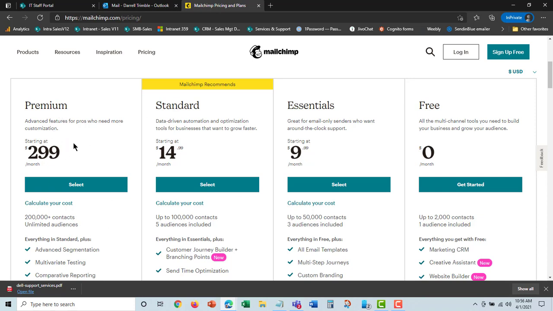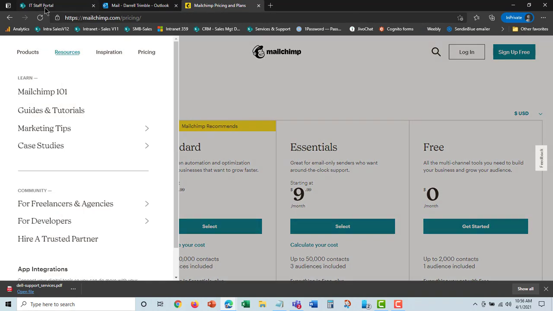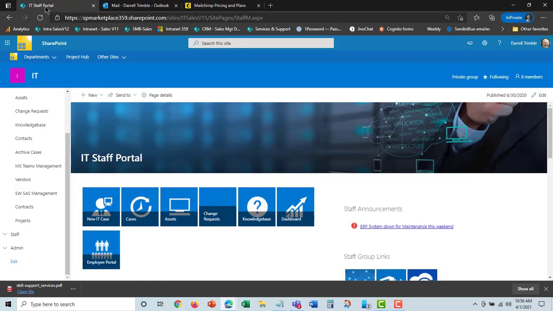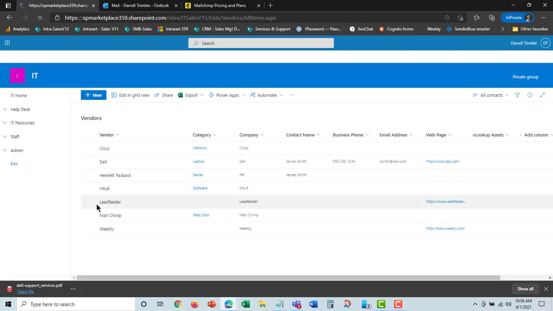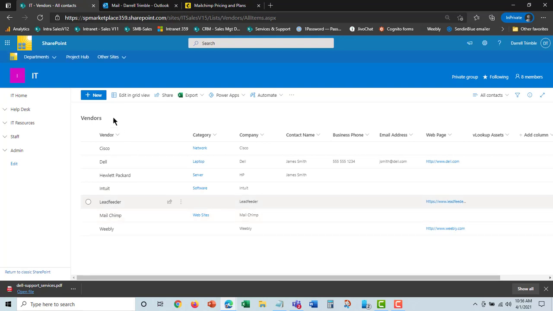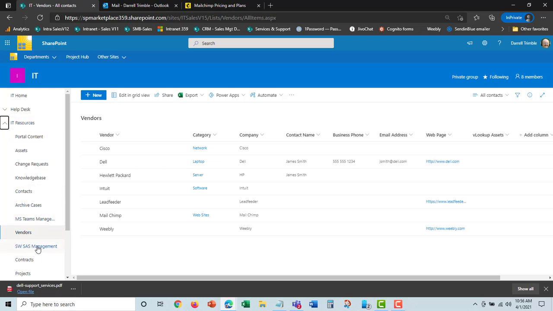What you want them to do is to be able to send a service ticket in, letting you know that they've done that, so that you can talk to them and put the information in your software management database. So if we take a look at this, couple of things that we add here. First of all, in vendors, we've added in Mailchimp, which we'll take a look at in just a minute. The second thing that we've added in here is